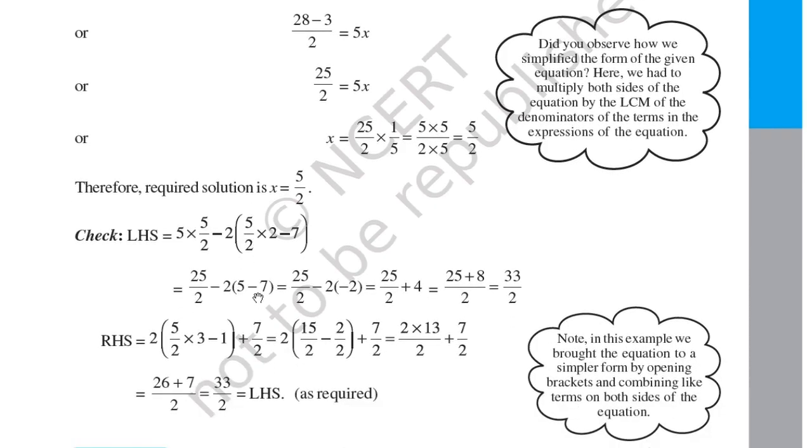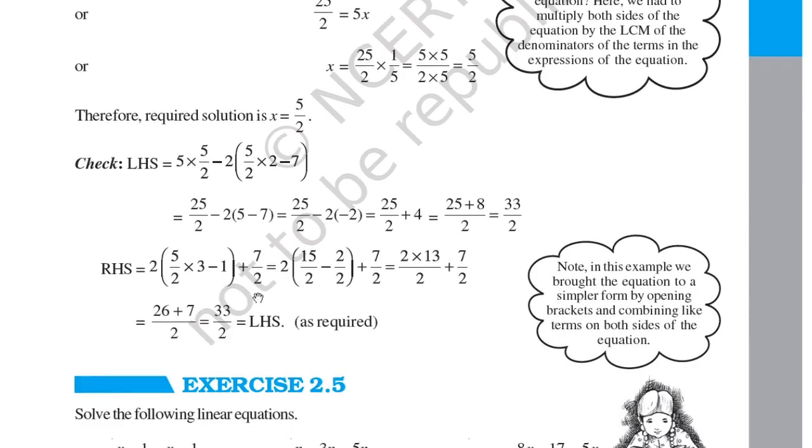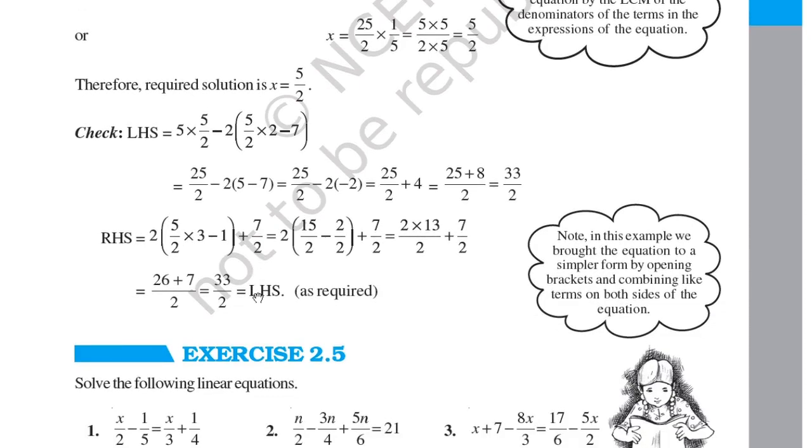So we are putting the value 5/2 in LHS and RHS. So 5 into (5/2 - 2) - 2 into (5/2 - 7). On solving this, you can solve it simply. Very simple things are going on here. They have cancelled these two. So you get -2. So here also you get -4. Minus minus will become positive. So 25/2 + 4. On solving this, the LCM will become 2 and it will become 8. So (25 + 8)/2 is equal to 33/2.